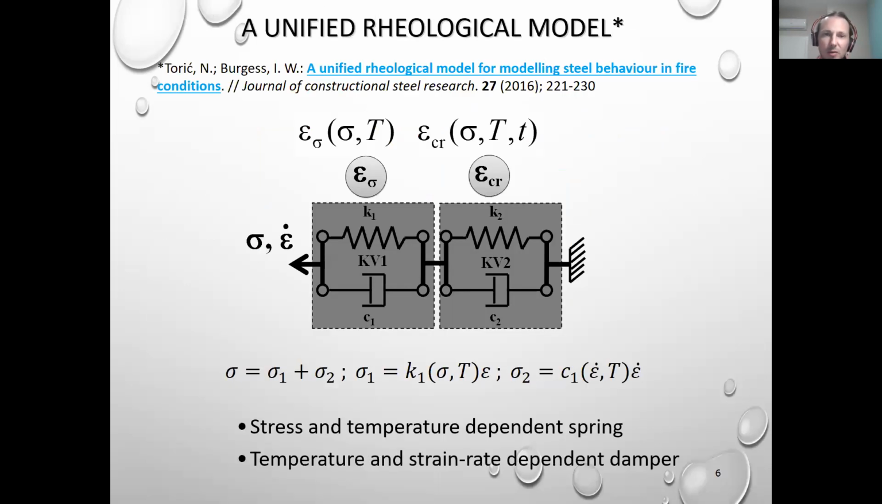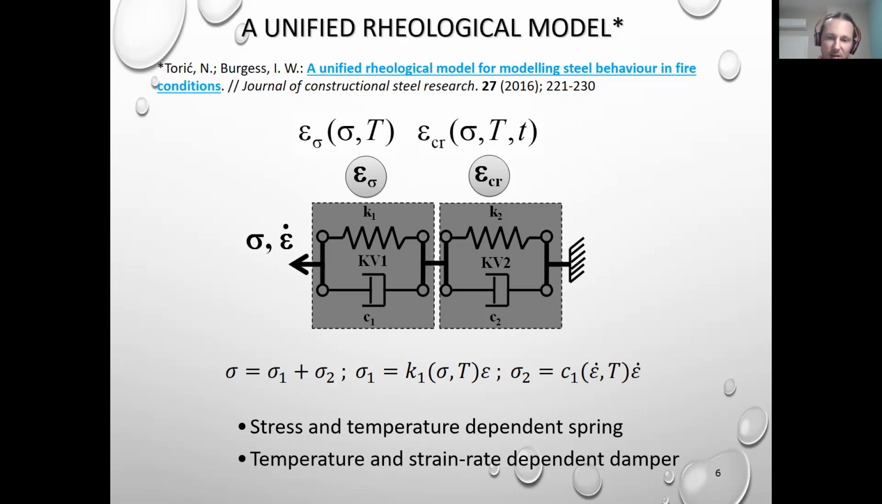So a general form of a unified rheological model was proposed in a research paper in 2016 by the authors of this paper. Basically, in that paper, there's an analytical procedure for how the general model functions in terms of solving the differential equations for Kelvin Voigt elements. So in general terms, the stress in the spring and the damper element is temperature and stress